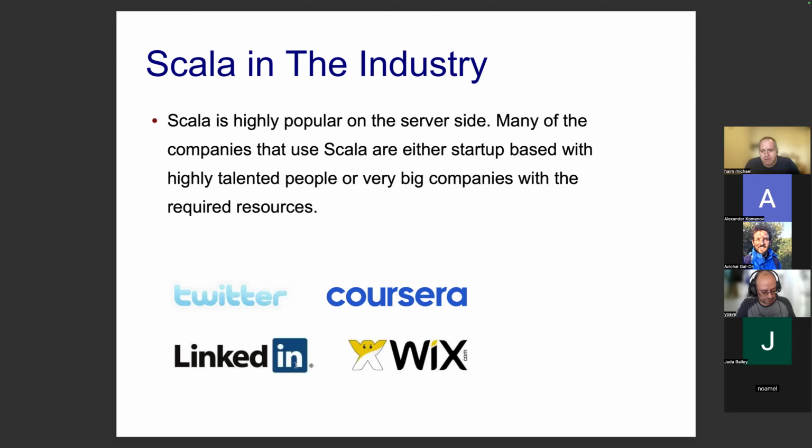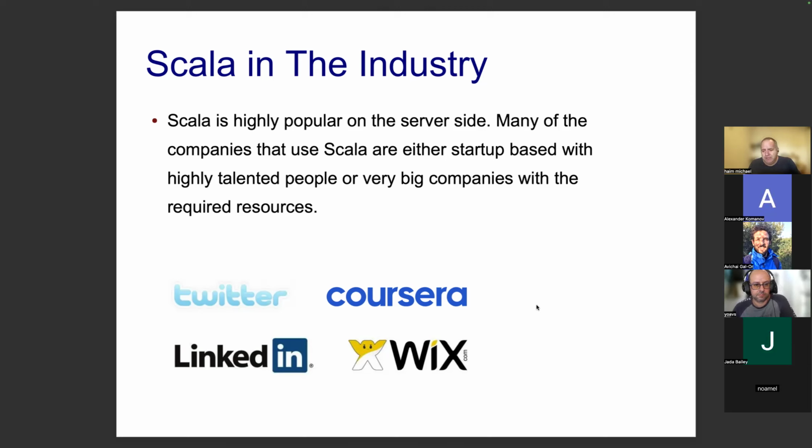If you search Google, check with ChatGPT, look for a list of companies that are using Scala, there are lots of companies. This programming language is here to stay. It's not going to disappear, at least not for the coming years. This is the feeling. And you can also find well-known companies such as Twitter, Wix, LinkedIn, Coursera, and many others. Given that most of you are from Israel, there are more than a few Israeli companies that use Scala.